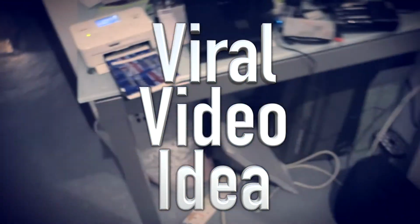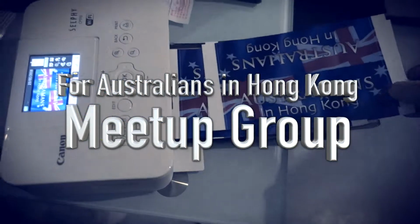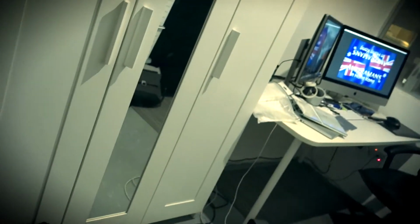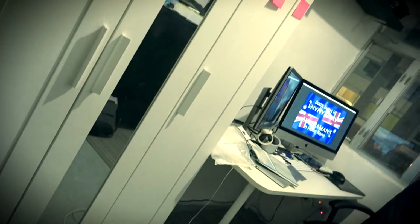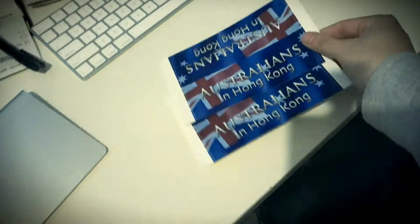Here we go. That's the screen Photoshop file, and here are the prints from my selfie. Now, I have to print off the memory card because Canon hasn't made drivers for El Capitan, so hurry up and do that, Canon. You're a bit slow. But anyway, I have these Australians in Hong Kong double-sided